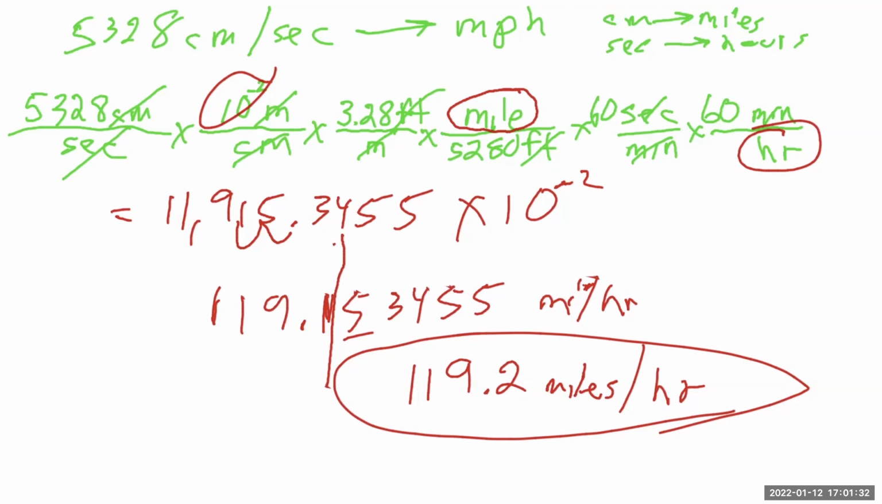119.2 miles per hour is the exact same thing as 5,328 centimeters per second. We did not change the number. We only changed the units associated with that. The value of that number is still the same. It's still the same speed, no matter how you measure it. Does that make sense? Yes. Cool. All right, let's go on to